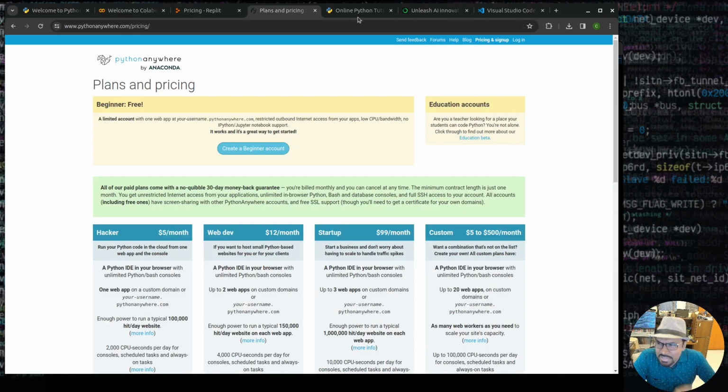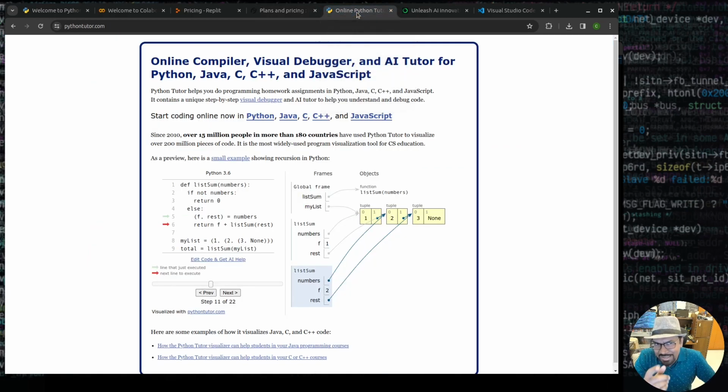If you're just learning Python at the very basics, just learning about the tutorial concepts and so on, I personally like this pythontutor.com. It's a very intuitive way to learn Python programming. Initially, it's meant for Python, but now you can learn Python, Java, C, C++, and JavaScript, as you can see here. When you click on the Python link,